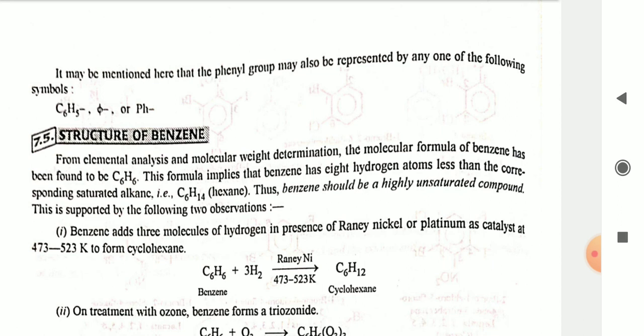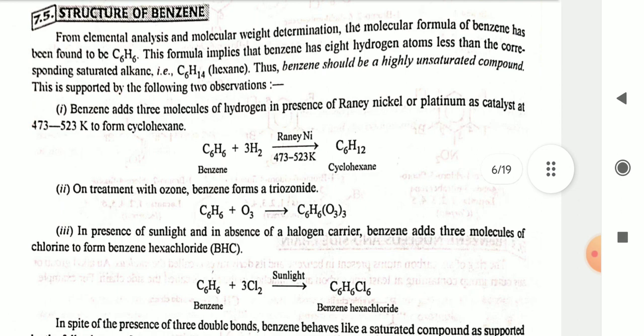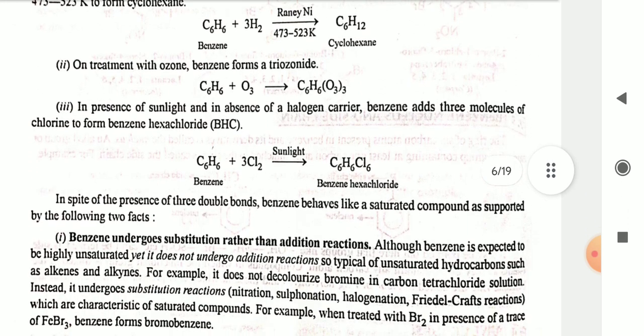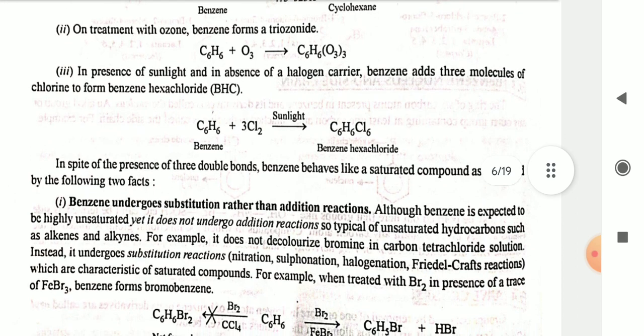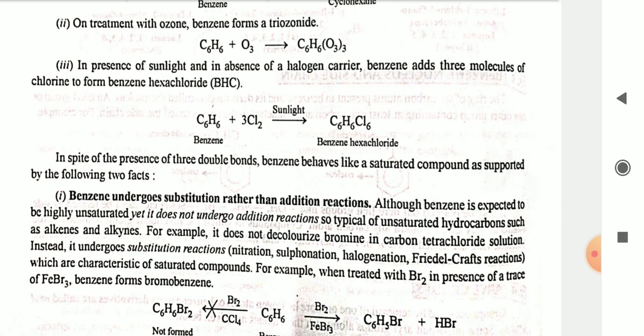First, benzene adds 3 molecules of hydrogen in the presence of Raney nickel or platinum as catalyst at 473 to 523 Kelvin to form cyclohexane. Second, on treatment with ozone, benzene forms a triozonide. Benzene reacts with O3 to give triozonide. Third, in the presence of sunlight and in the absence of a halogen carrier, benzene adds 3 molecules of chlorine to